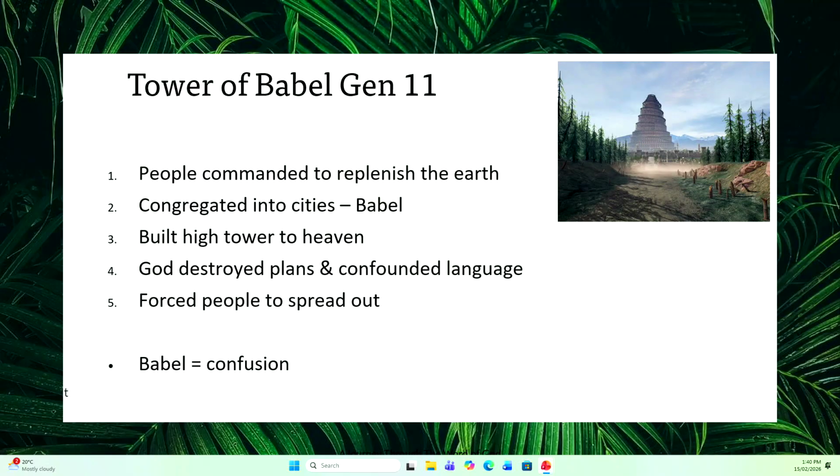Yeah, but God just promised that, but they know that if we sin, God's going to do something, so we'll take matters into our own hands. Even though God said that he wouldn't flood the world again, just in case he changes his mind, let's build up. That's that red line of sin coming through again.